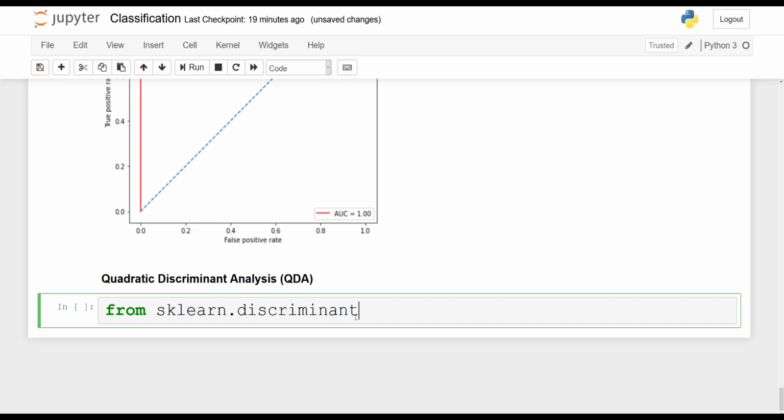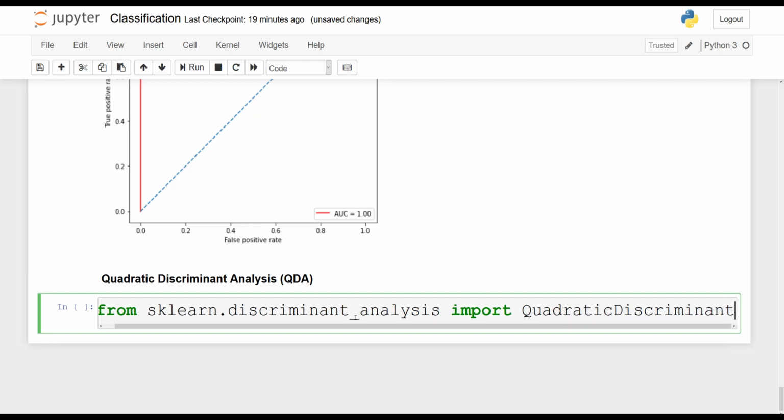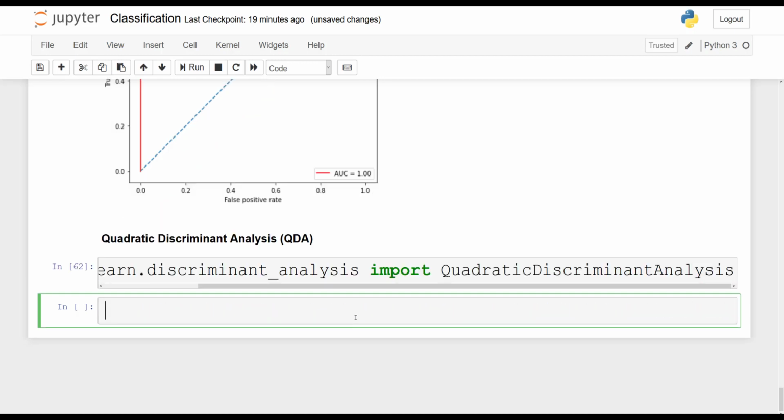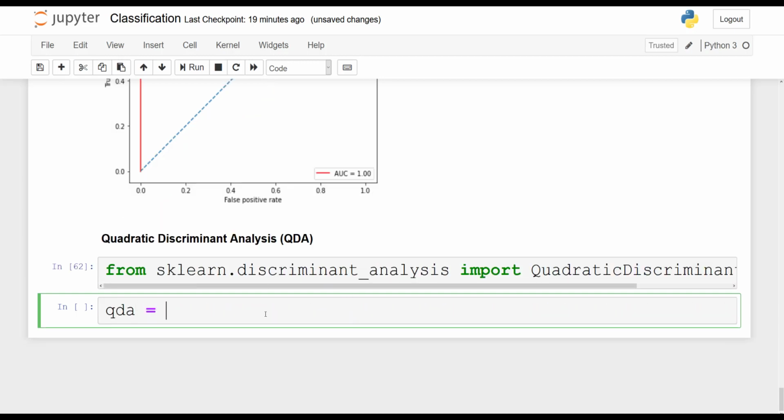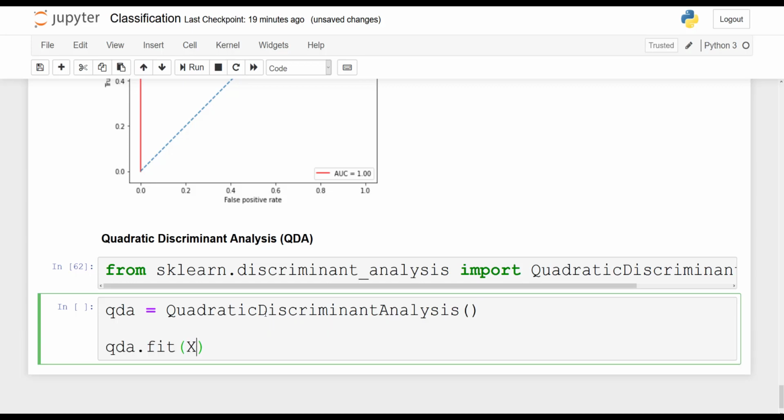From sklearn.discriminant_analysis, import QuadraticDiscriminantAnalysis. Now you set the model, so you initialize it, so QDA is quadratic discriminant analysis. You can always press tab, by the way, for autocomplete. You fit the model on your train set,